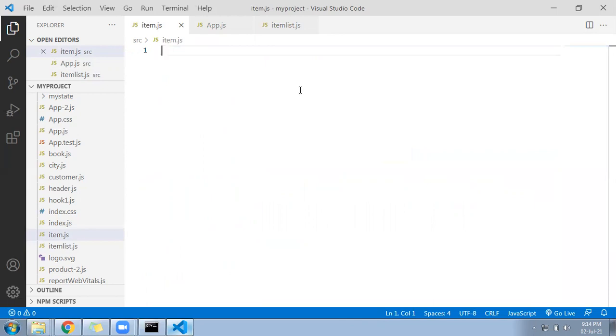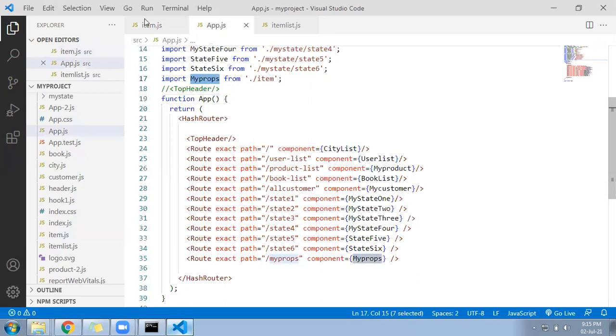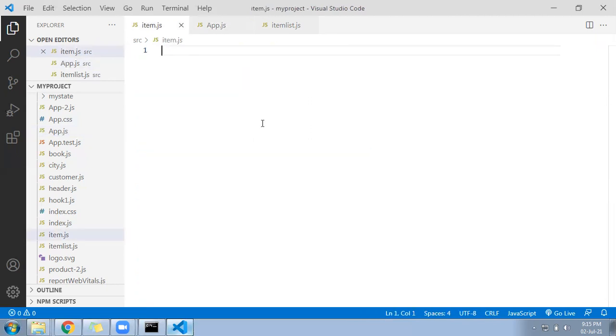Assume you are going to create one file item.js and one more file item list.js. Create two files in your src folder. So I hope you are creating a file called item.js and a file called item list.js. Let me start from the item.js file. It is going to work like a parent component. I have already added this page in my routing, so I'll come back to my page and start from here. This is my main component called item. So you will be creating two files: item.js and item list.js. Let's start with the parent component, that is item.js.